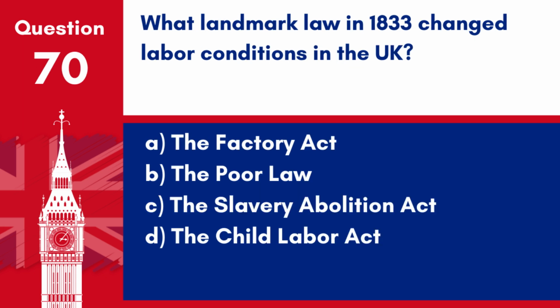Question 70. What landmark law in 1833 changed labour conditions in the UK? A. The Factory Act. B. The Poor Law. C. The Slavery Abolition Act. D. The Child Labour Act. Answer A. The Factory Act. The Factory Act of 1833 was a significant piece of legislation that sought to improve conditions for workers in factories,